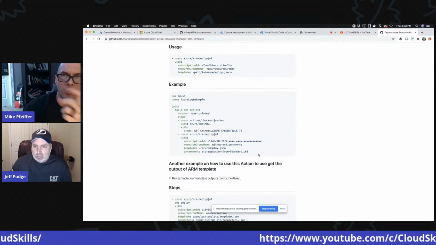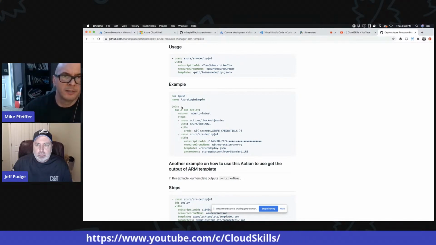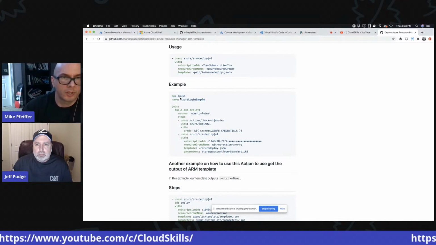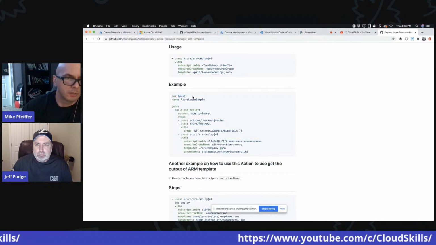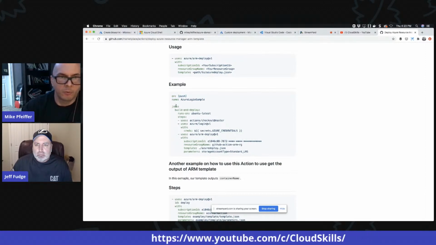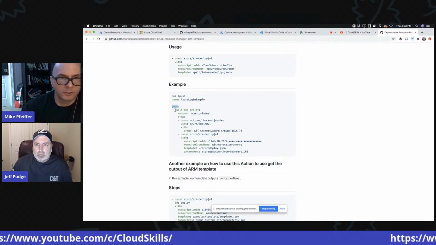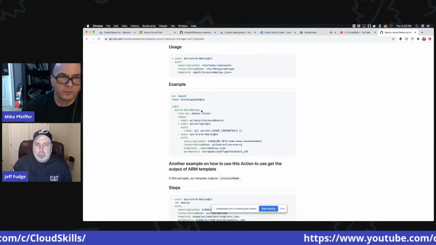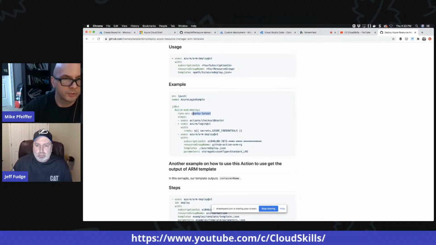I'll actually show you one that I've got. It's not an ARM template one, but it'll make sense. But notice right here, right? In your workflow, you're like, all right, we need a trigger. So when somebody pushes to the master branch, for example, we're going to have a job, one or more jobs. And in this case, this workflow file is just saying, hey, we're going to do a build and deploy. So this job runs on an Ubuntu machine.